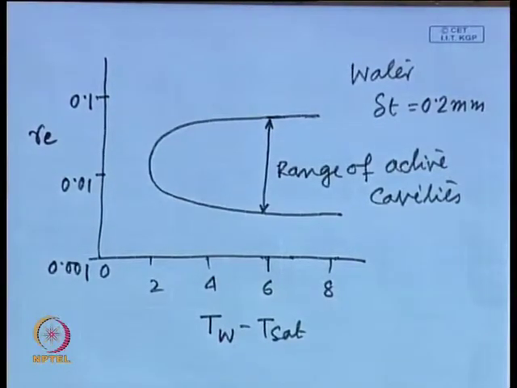But what I would like to tell you is that these calculations, this analysis, have been done based on a large number of assumptions, a very simplified model, only to give some overview of the physics of what can happen. This model has been proposed, so in actual practice there could be a lot of differences. In actual practice, the process of vapor nucleation from a small cavity could also be a physico-chemical process.